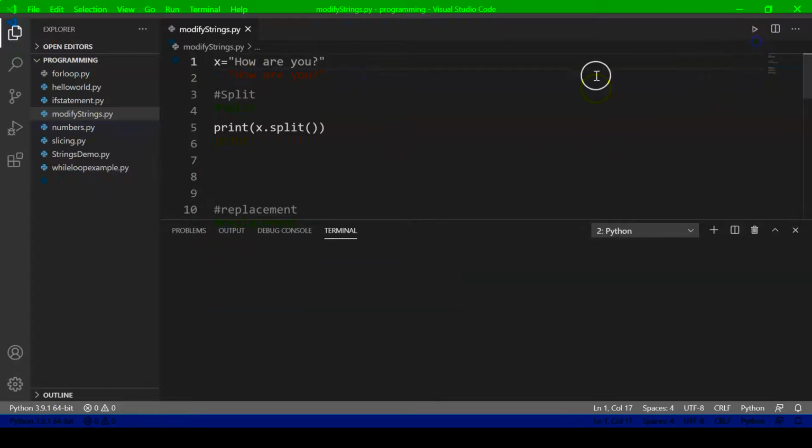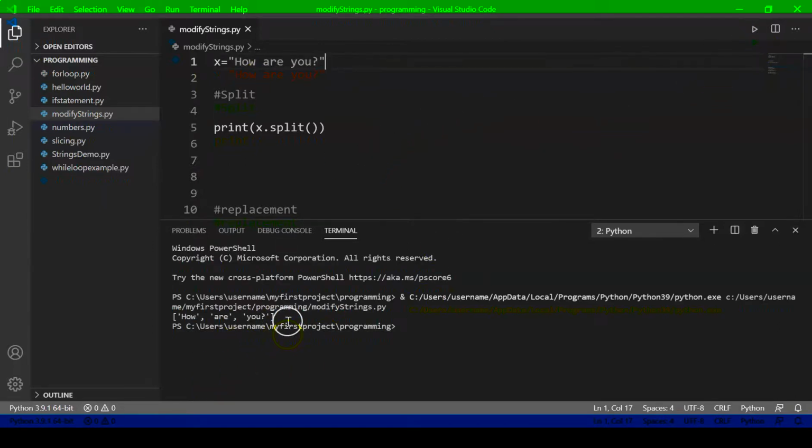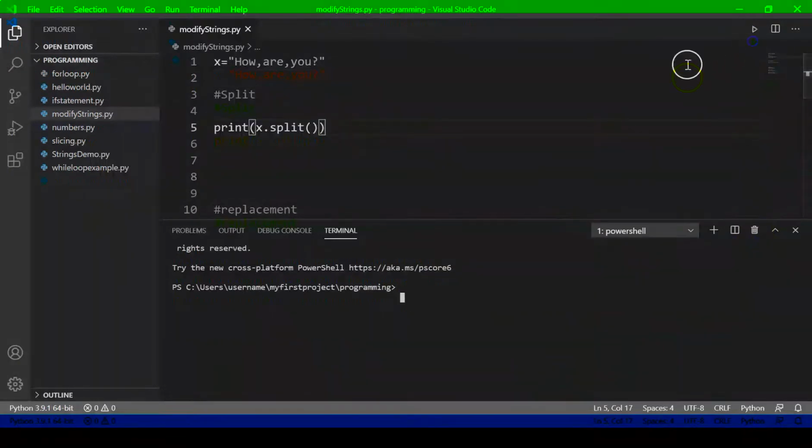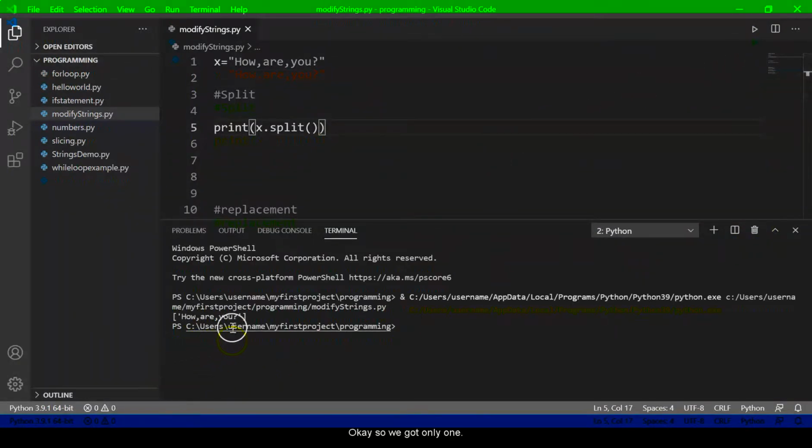So let me run this. As we can see in the output, we got a list which contains how are you, correct? We got the substrings. Now let's say this is a comma separated string and there is no space in this: how comma are comma you. And if I use this split function, let's see what will happen. Okay, so we got only one single list element, right?